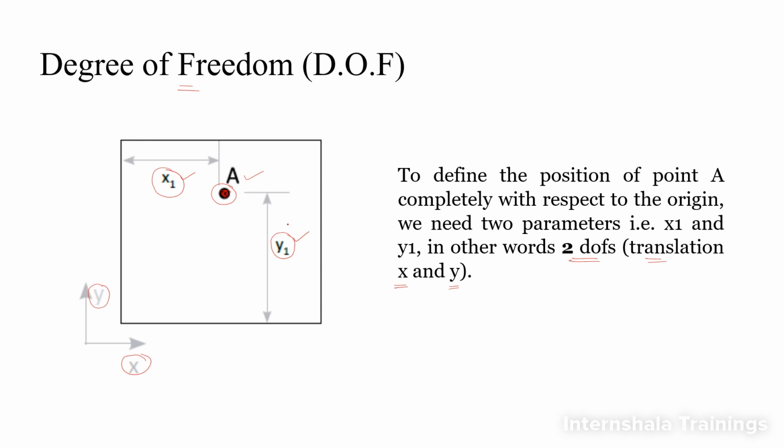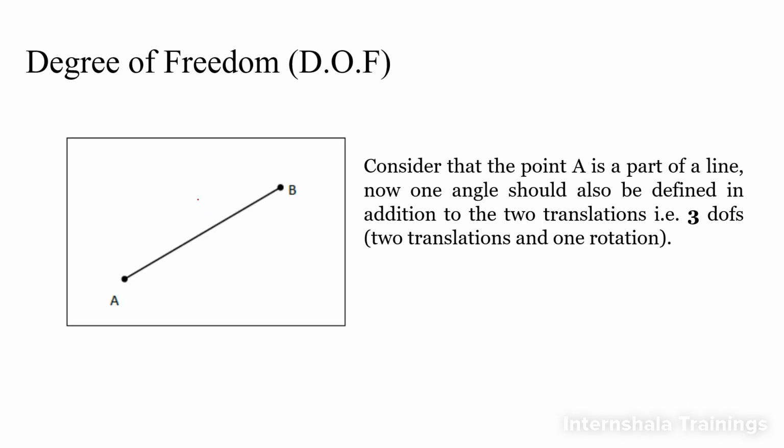Okay, then we will go to the next system where we have the x-axis again and y-axis again. Remember, this is also a 2D system. In this 2D system, what we have is point A and point B, and these two are connected by a line. Now I want to calculate the degrees of freedom for this particular system. So first of all, I need to have a translatory distance from the y-axis to this point and then from the x-axis to this point, right? Then once I have these two dimensions, I will be able to define the position of A.